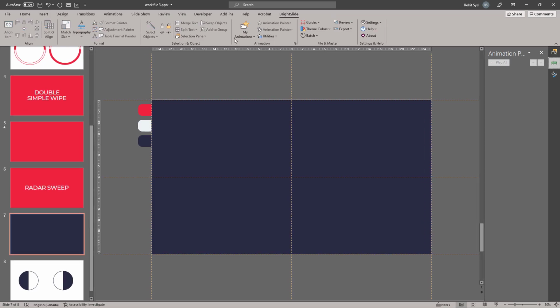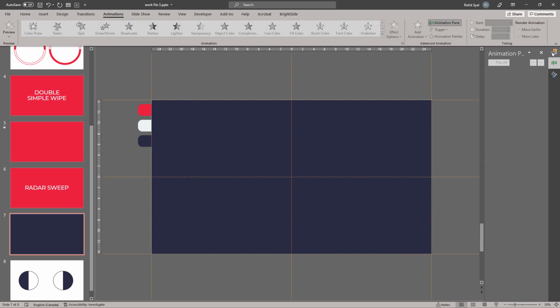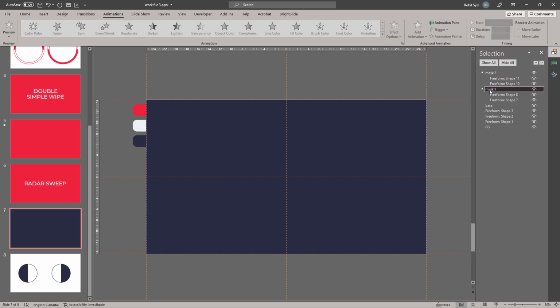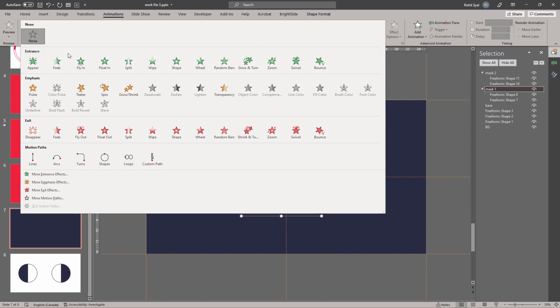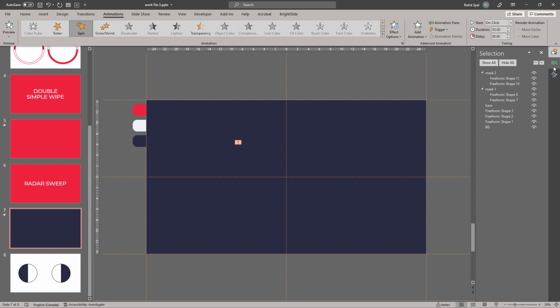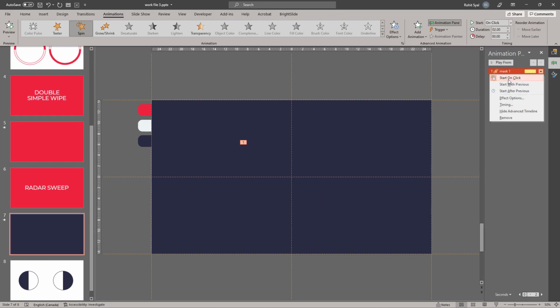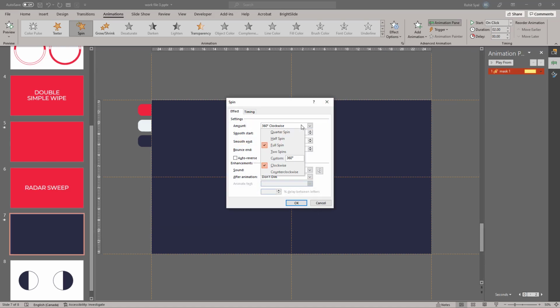Then let's jump over to animations. Let's select Mask 1 and give it the spin animation. Let's change it to a 720-degree spin and give it a smooth start and smooth end.